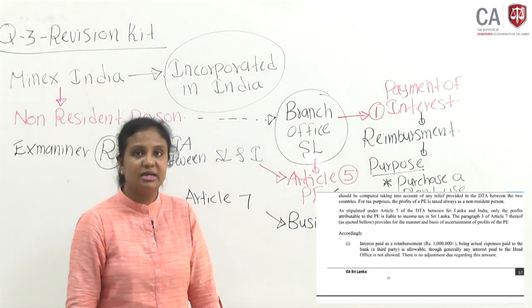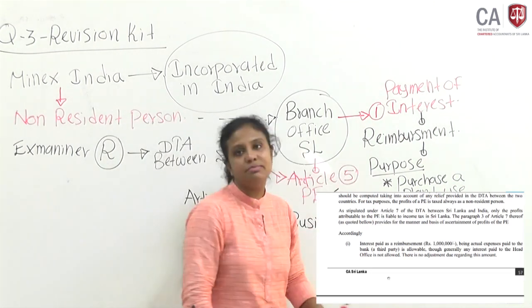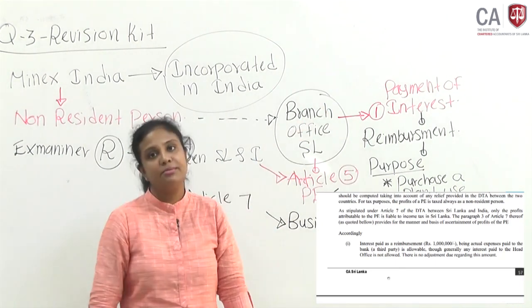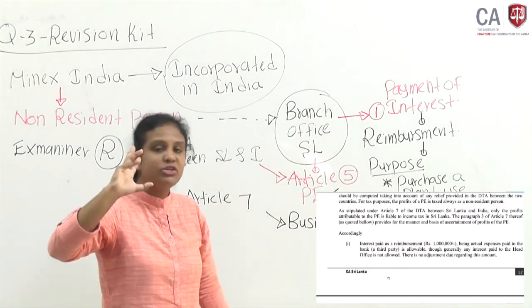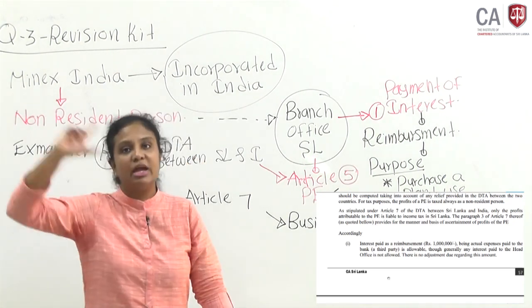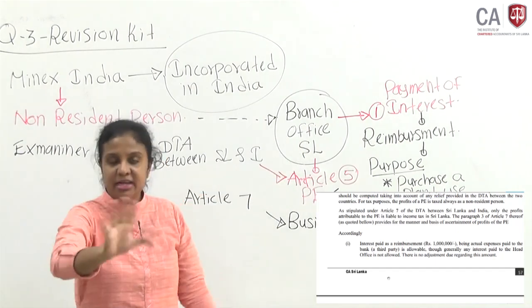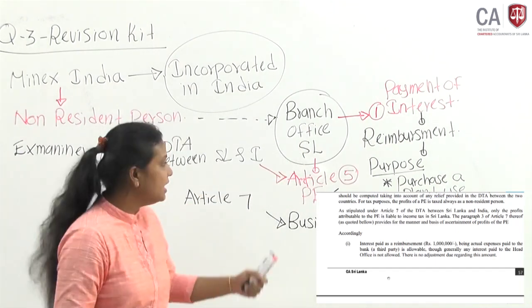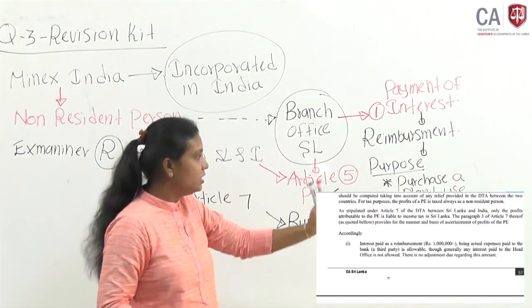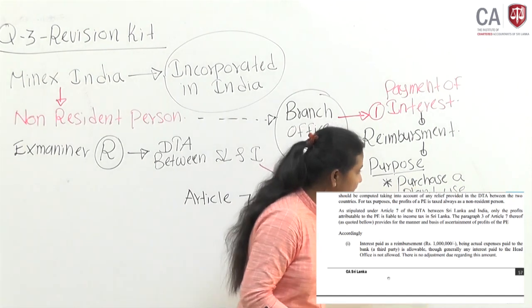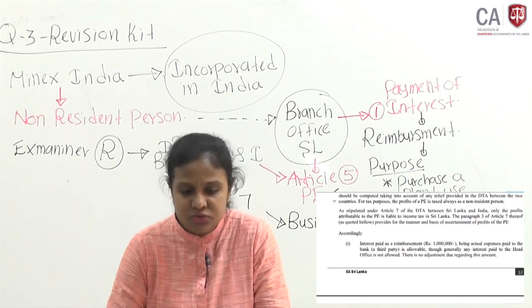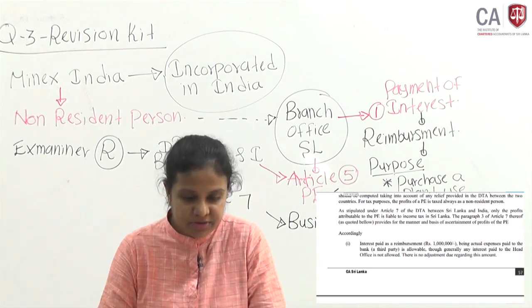Why is it an allowable deduction? This is actual expenditure which I should incur. It has been incurred by the head office. Now assume that the finance cost relevant to the head office I have paid; then it cannot be allowed. Here, the expenditure paid by the head office, with all the usefulness, is being used in Sri Lanka by me. Clear? Okay. Then I need to take you all through the DTA between Sri Lanka and